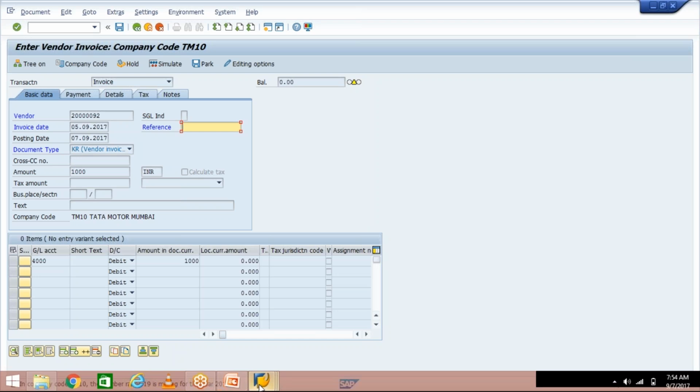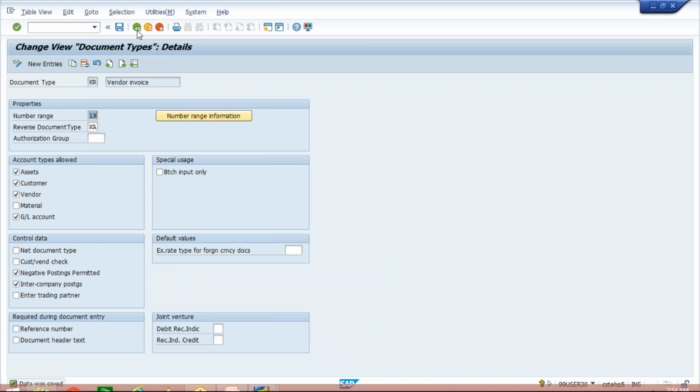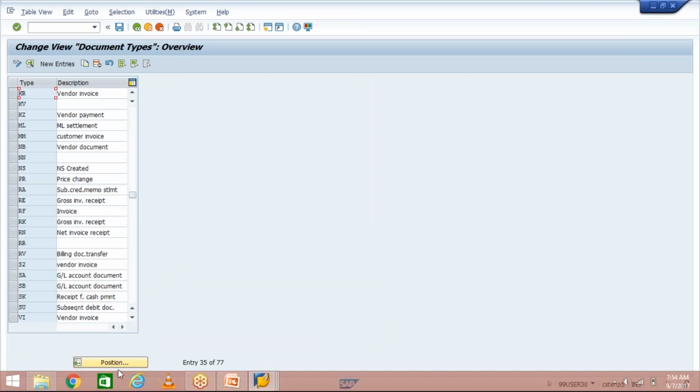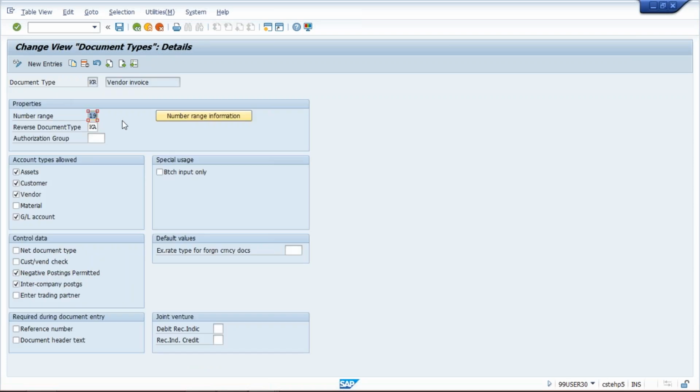Now you need to go to transaction code OBA7. If you use OBA7, then you need to click on position and give your document type KR. So here KR will appear, and double click on KR document type and see number range 19 will be here, or any other number range. So why is the system showing error over there? Because if you click here on number range information